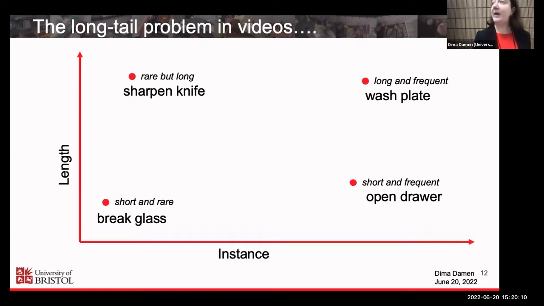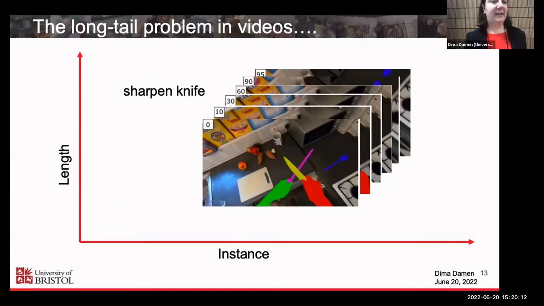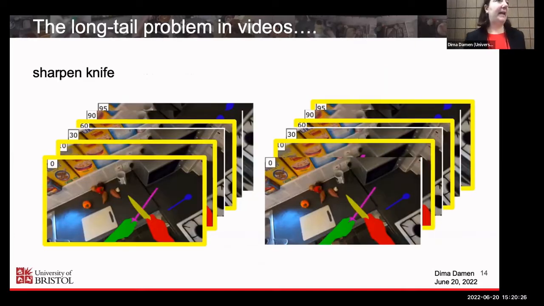Currently, it's because of the way we deal with videos in video settings. So let's take this not frequent, but long enough video of someone sharpening a knife, and let's see how our models deal with this input. Currently, up to my knowledge, unless someone had changed things, we sample a few frames from these videos and we